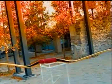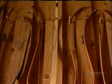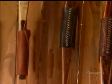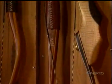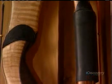community, and it's even been reclassified as an Olympic sport. So you could say the caveman's invention is still right on the mark. Today's bows are definitely not primitive devices. Crafted with calculated precision, they make it easier for you to take your best shot, and the caveman would have